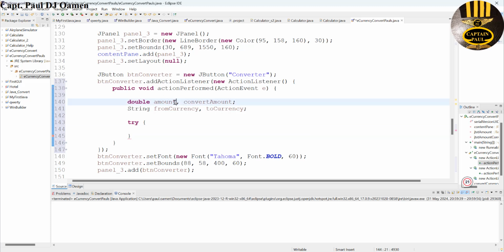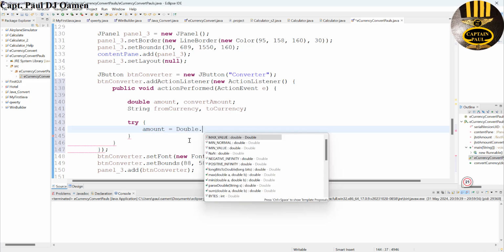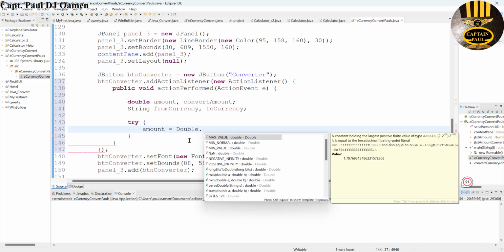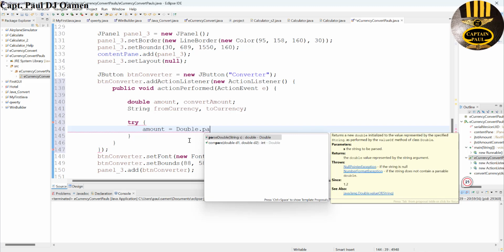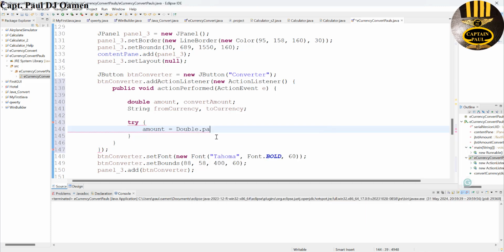So let's try with the amount, that will be equals Double.parseDouble, and this double that is being passed will be from